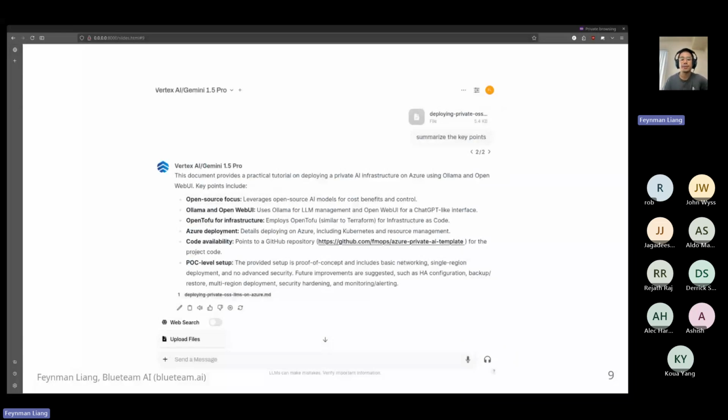Lastly, I want to talk about this chat with documents use case. Similar to how you can upload documents to many popular consumer chat frontends, Open Web UI also gives you the ability to take a document and click this Upload Files button and upload it. The document is then chunked, embedded into an in-memory vector database, and RAG is used to enable retrieval augmented generation